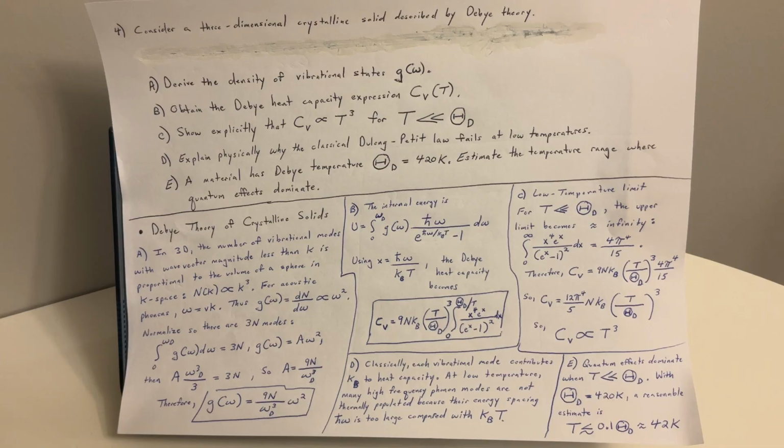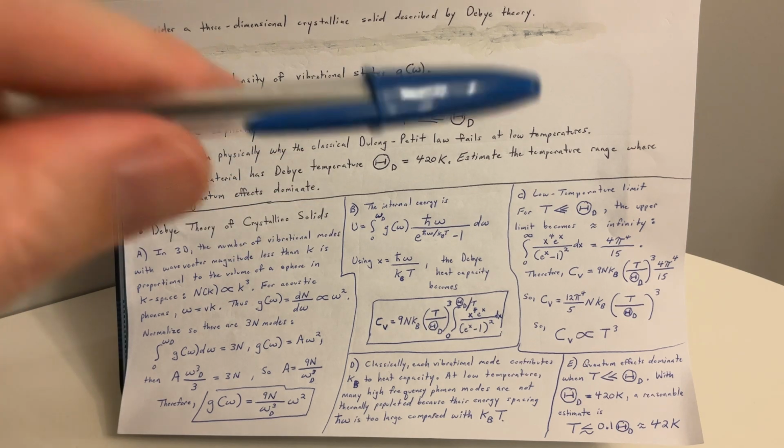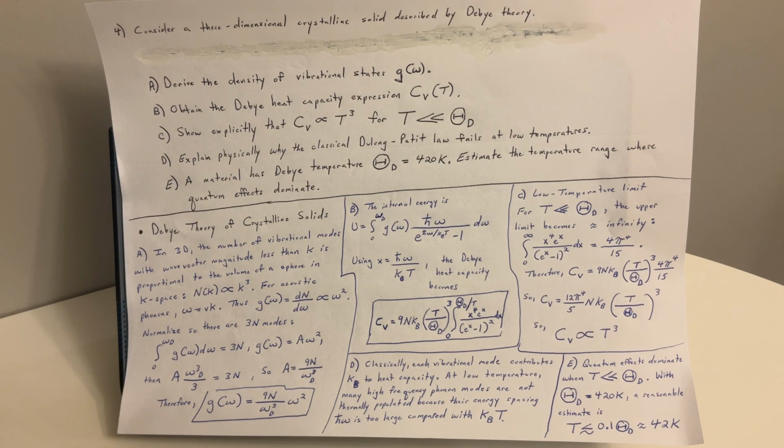Pardon me, sometimes I pronounce omega as a W if I read too fast. It happens. Part B, obtain the Debye heat capacity expression C sub V of T. The internal energy U equals the integral from 0 to omega sub D of g of omega times h bar omega over e to the h bar omega over k_B T minus 1 d omega. Using x equals h bar omega over k_B T,